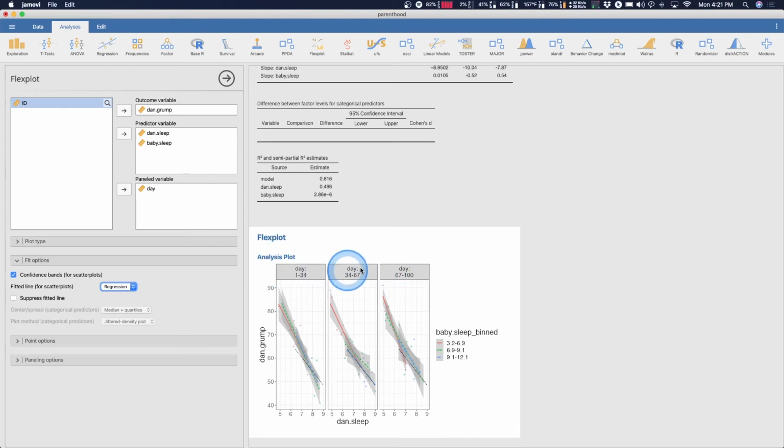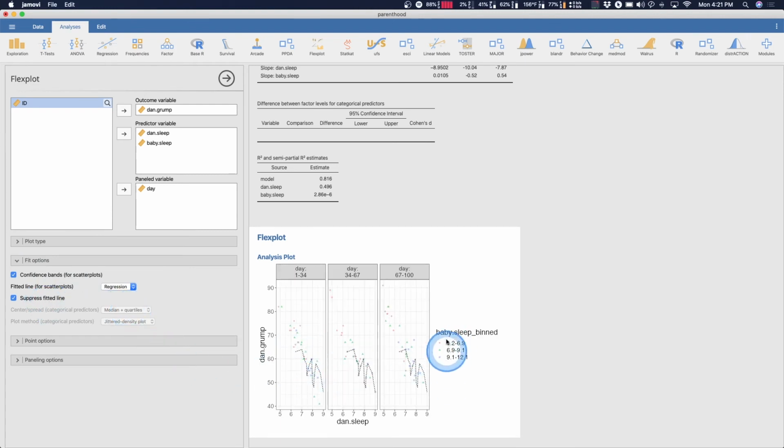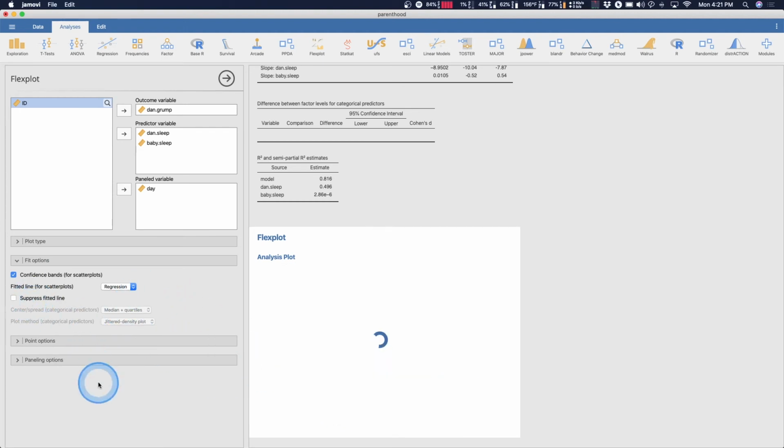This one was fairly easy to set up as 3 different bins because these are approximately equal amounts of days, 34 days, and 33 days. So these are approximately equal, and you can see where each of these lines end up lining up. And the dashed black line is the overall regression on this, right? And we can also suppress that fitted line. So the bins are only represented by dots here, and you end up with a connecting the dots kind of pattern going on. I don't know if I would want to do that.